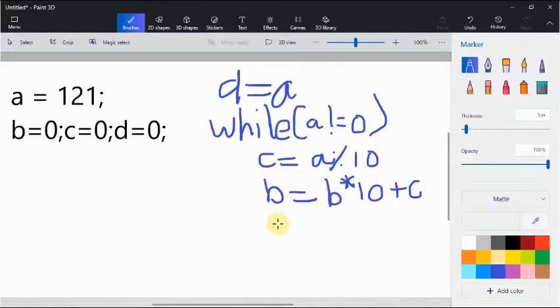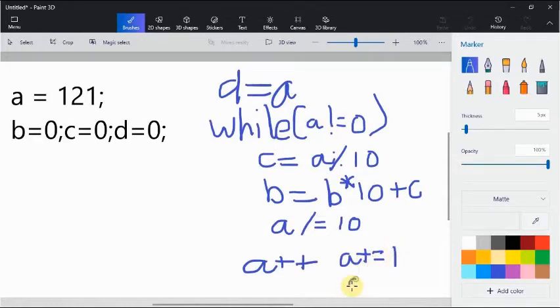and the next statement is A division equal to 10. What is A plus plus or B plus plus, the increment operator and the decrement operator? You can write A plus plus to be the same as A plus equal to 1, which is writing it as A is equal to A plus 1.